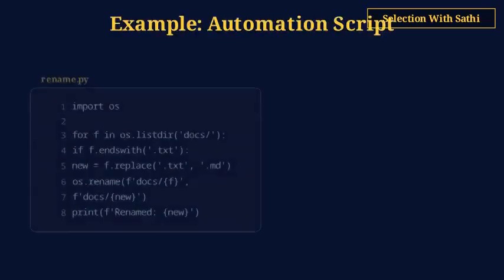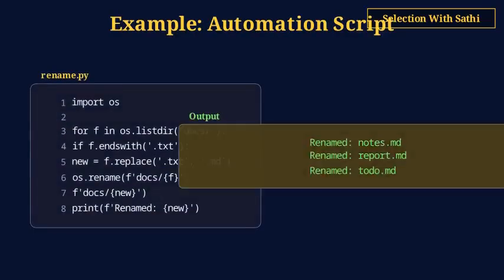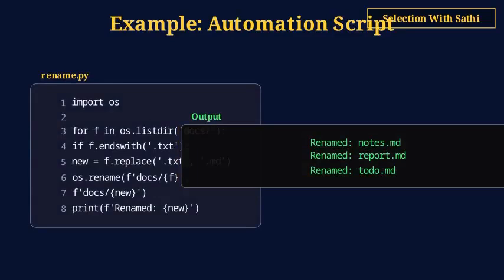Python is incredibly powerful for automation and scripting. Imagine you need to rename 100 CSV files in a folder. With just 3 lines of Python using OS and glob, you can find all CSV files and rename them in a loop. The entire operation finishes in under 1 second. System administrators and DevOps engineers use Python daily for tasks like this: file management, log parsing, report generation, and scheduled jobs.